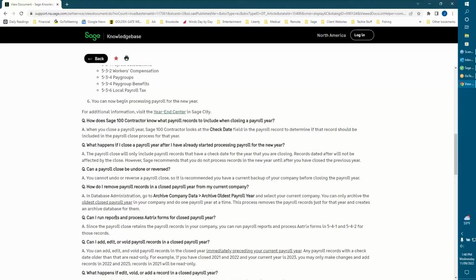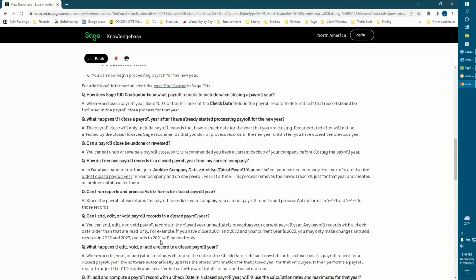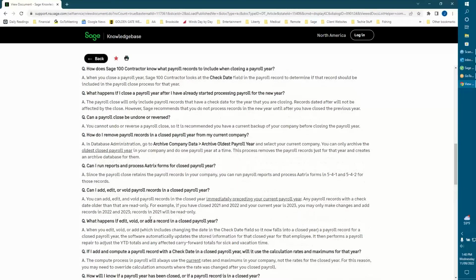Can you run and process report matrix forms for the closed payroll year? Yes, you can. Can I edit void payroll records in a closed payroll year? Yes, you can, for the immediate current payroll year, the preceding payroll year. What happens if you edit void, et cetera?